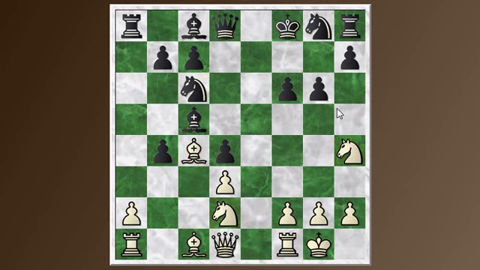His biggest problem in the long run is, can he get these pieces out and active in time before the attack from white lands? So it's a very long distance attack, and difficult to evaluate for both humans and also for computers. Okay, white plays knight to e4, just continuing to move forward with his pieces,